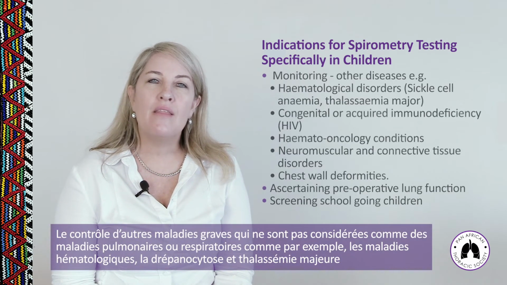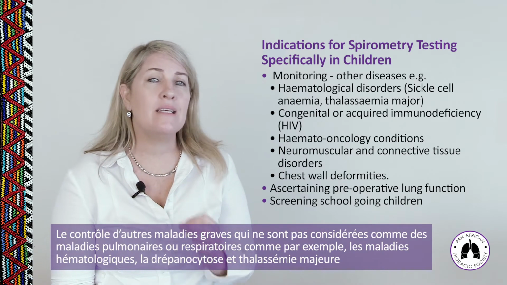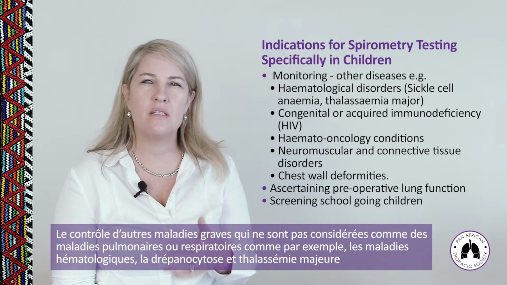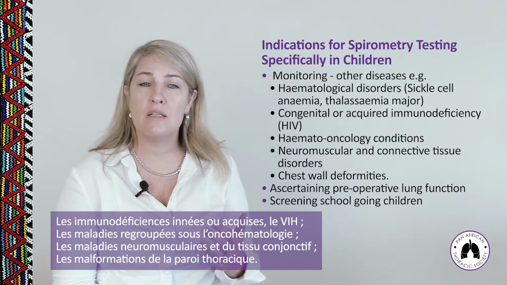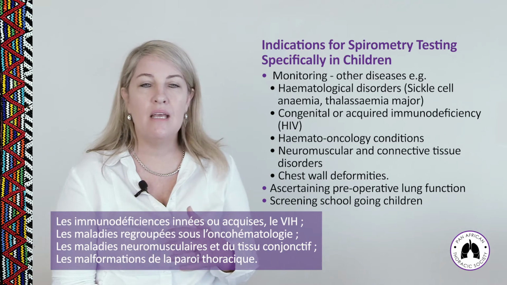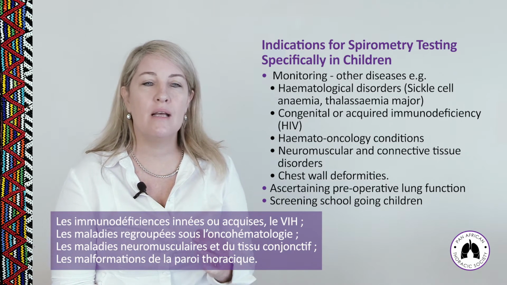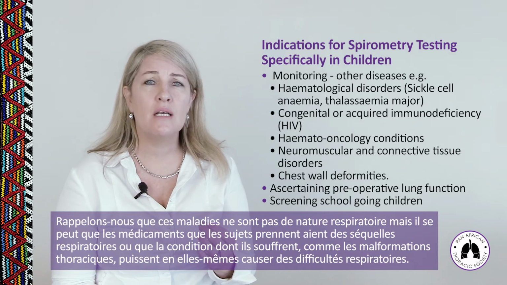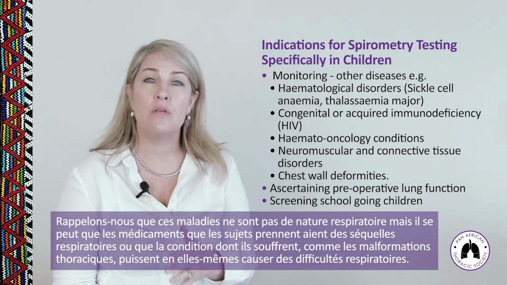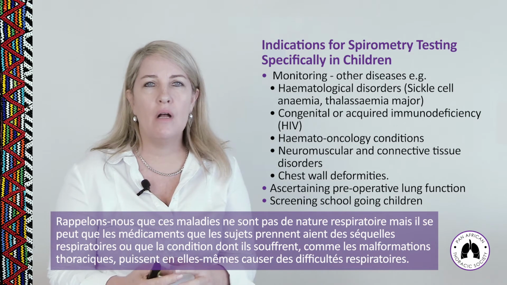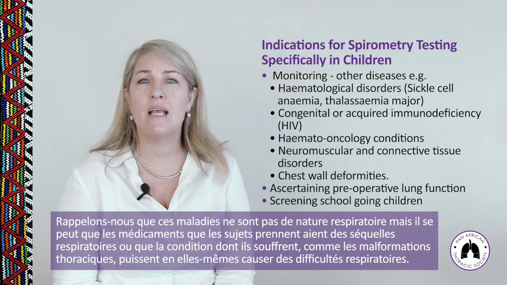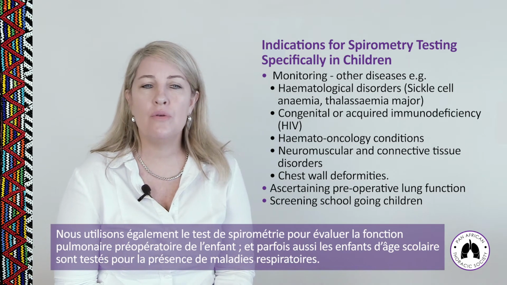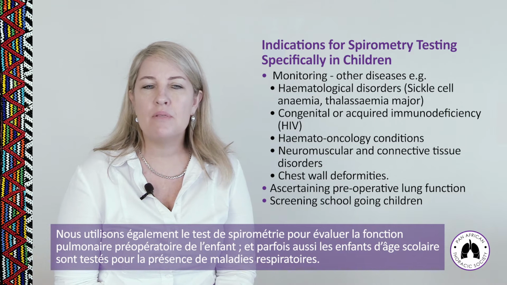diseases. Monitoring in other diseases that may affect lung function but that are not necessarily lung diseases or respiratory diseases would be like the hematological disorders such as sickle cell anemia, thalassemia major, congenital or acquired immunodeficiency, that's HIV, hemato-oncology conditions, neuromuscular and connective tissue disorders, and chest wall deformities. Now, these diseases are not respiratory diseases, but either the medication that they're taking can cause an issue in the respiratory system, or the actual nature of the disease itself, such as chest wall abnormalities, can make breathing and respiration difficult for that child. We also use spirometry in kids to ascertain preoperative lung function, and sometimes school-going children are